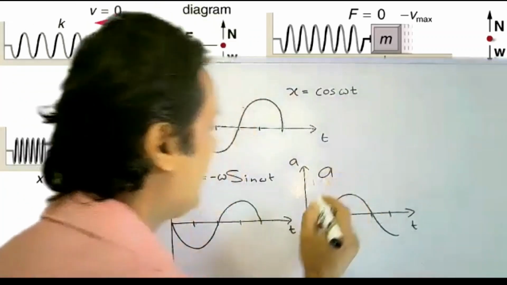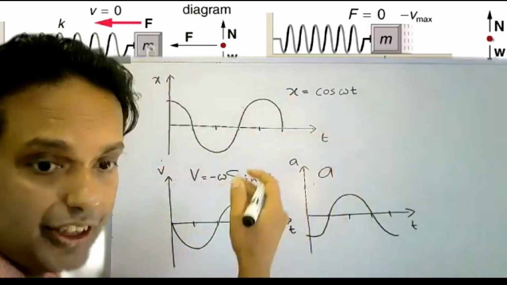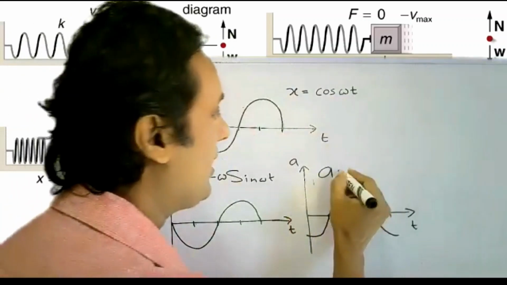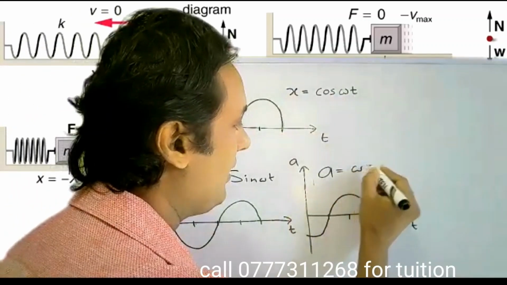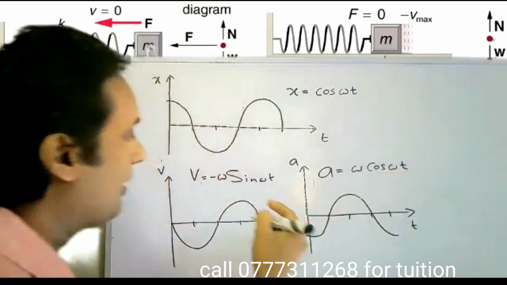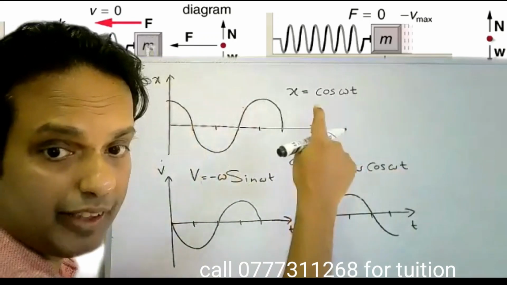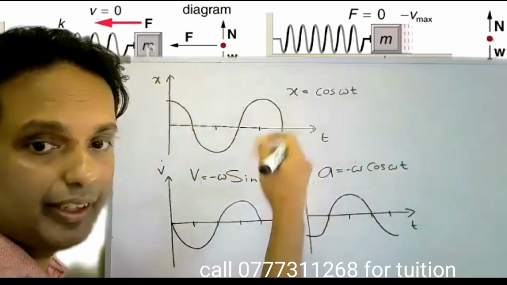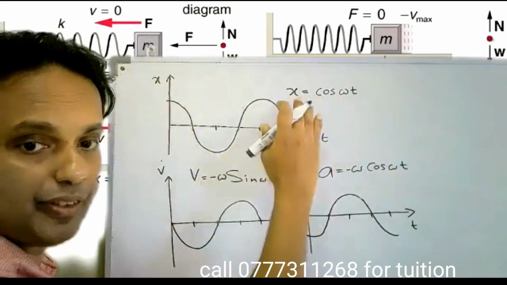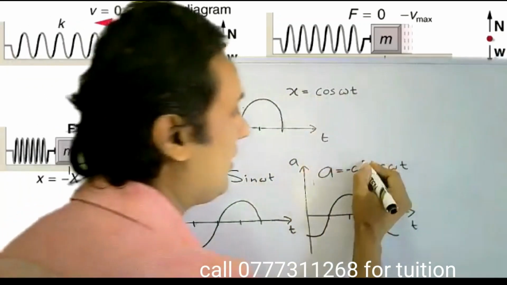Now I am moving from a sine differentiation. Sine differentiation is cos. So I have omega here, cos omega t. When I differentiate sine, the negative sign does not change. When you differentiate cos only, the sign will change. If this is negative, this will be positive. Now this was positive, this is negative. Now omega is jumping out.